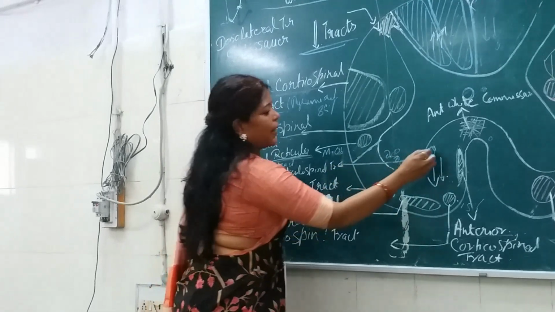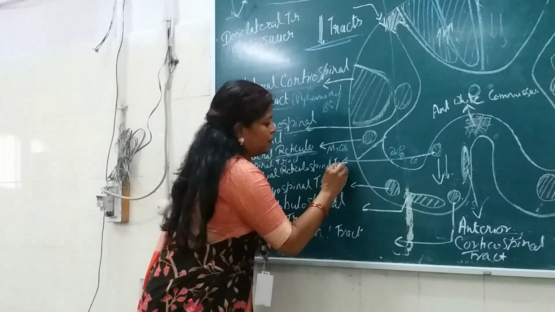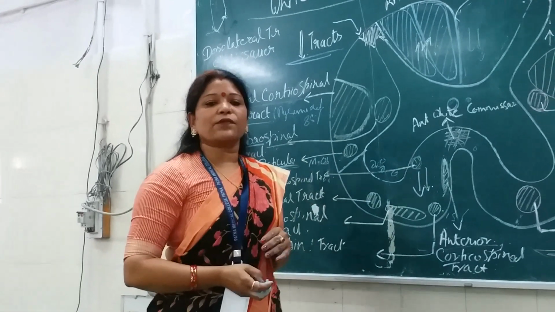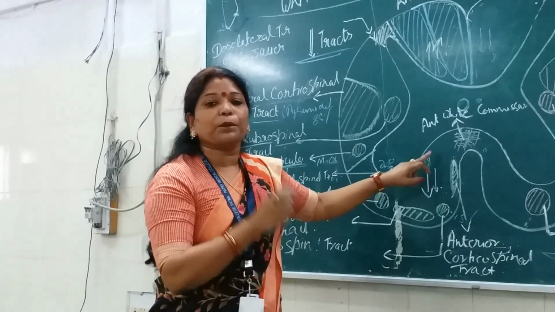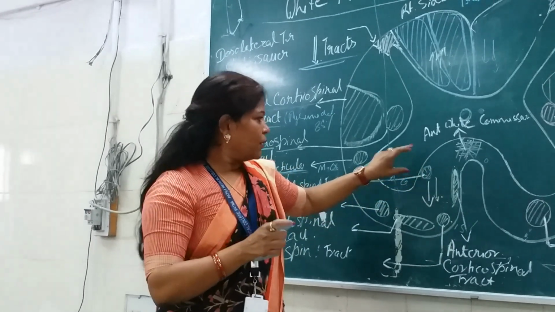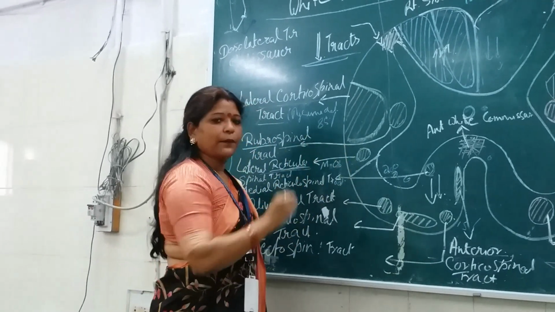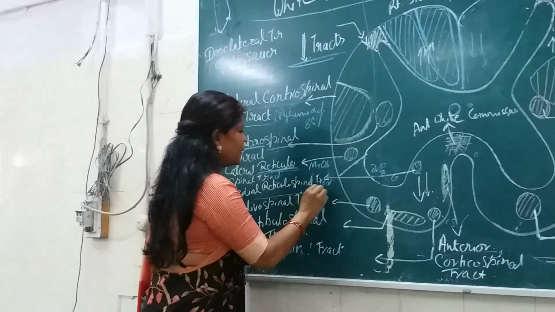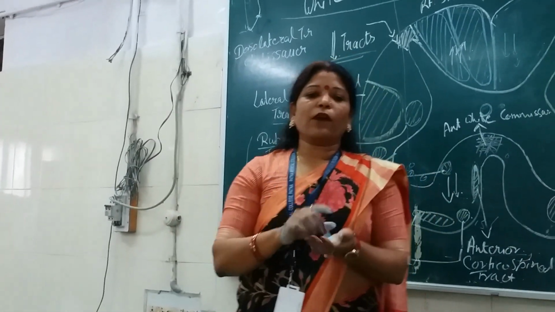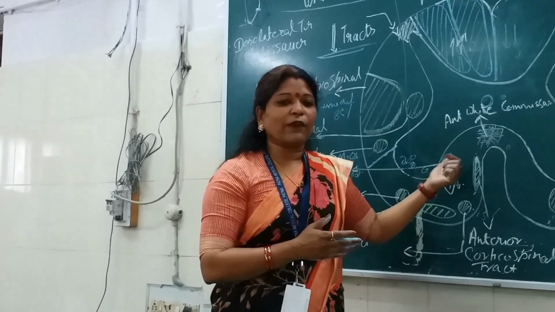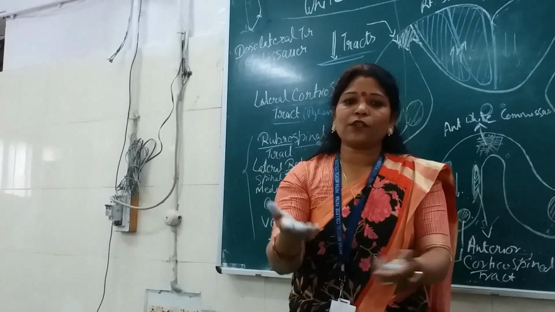Just opposite to that, this is the medial reticulospinal tract. This tract originates from the centrally placed nucleus of the neurons of the pons. From there the fibers come out, and they will be known as the medial reticulospinal tract. And the function of this tract is that it has an excitatory effect on the